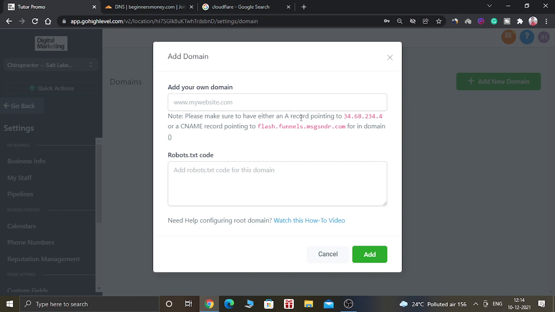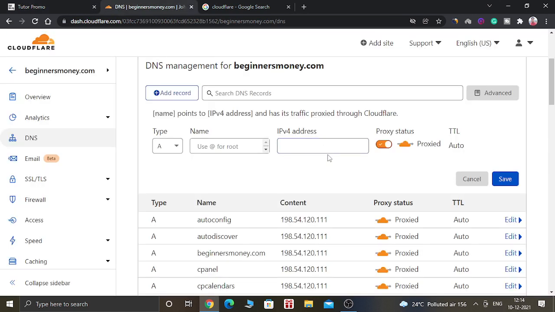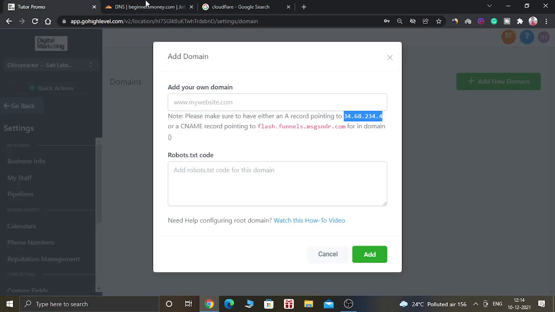You need to point that A record to this IP address. Just copy this IP address and paste it here. So as you can see, the name is pointing to this IP address which Go High Level is providing us.